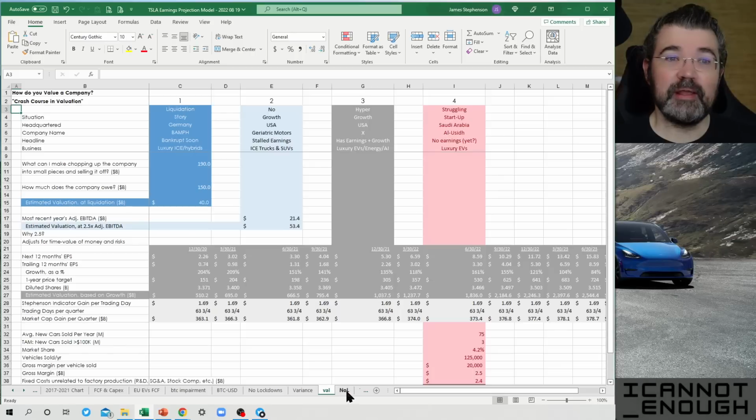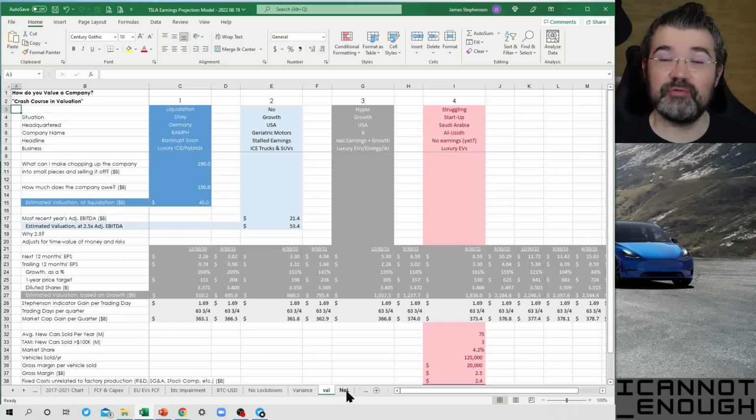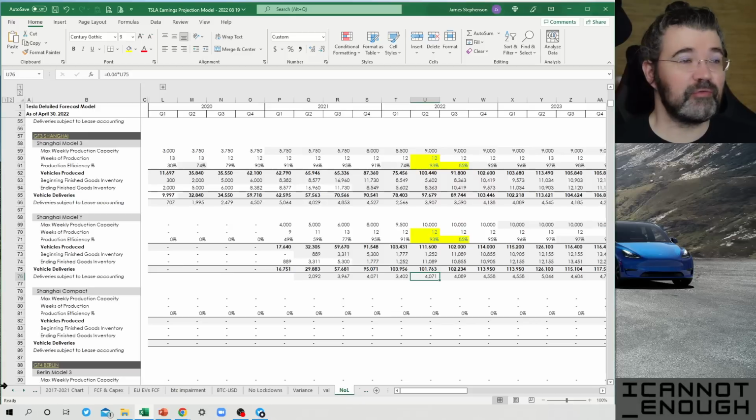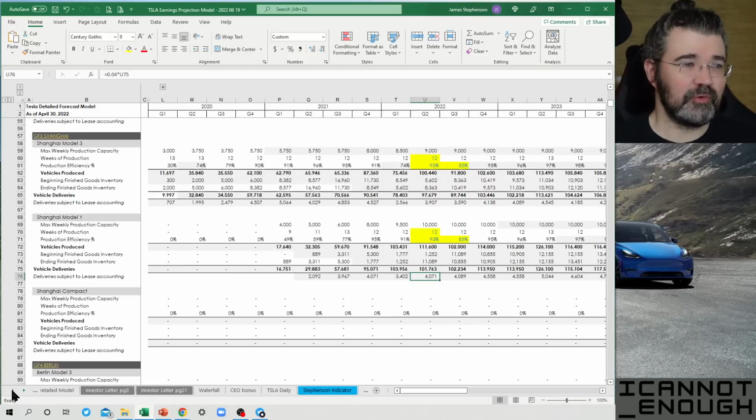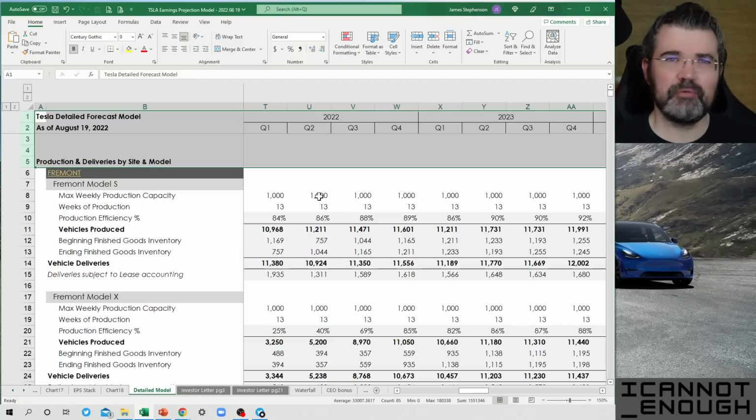Some alternate scenarios that I've run. This was for part 3 of my Stevenson indicator video series. And now you've been on the full tour of this model. Okay, so back we go to the detailed model tab. I was about to explain